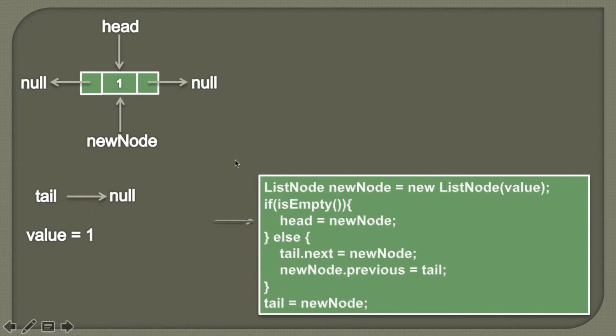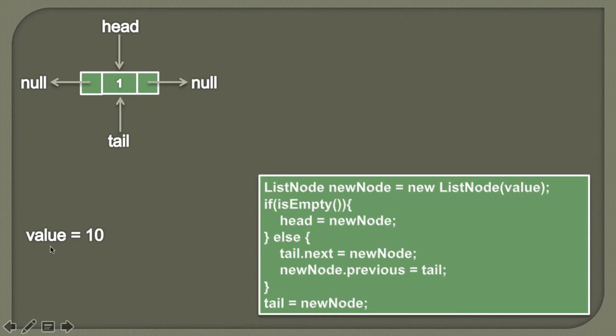Moving ahead, as this doubly linked list currently has one node, and we know that head points to the first node and tail points to the last node, but this doubly linked list has only one node, therefore head and tail will point to this node. So the last statement would be we need to assign new node's value to tail. Currently tail is pointing to null, and after this statement tail will point to this new node. So friends, after the insert of this list node at the end of the doubly linked list, we see head and tail both point to this node because this is the only node in the doubly linked list.